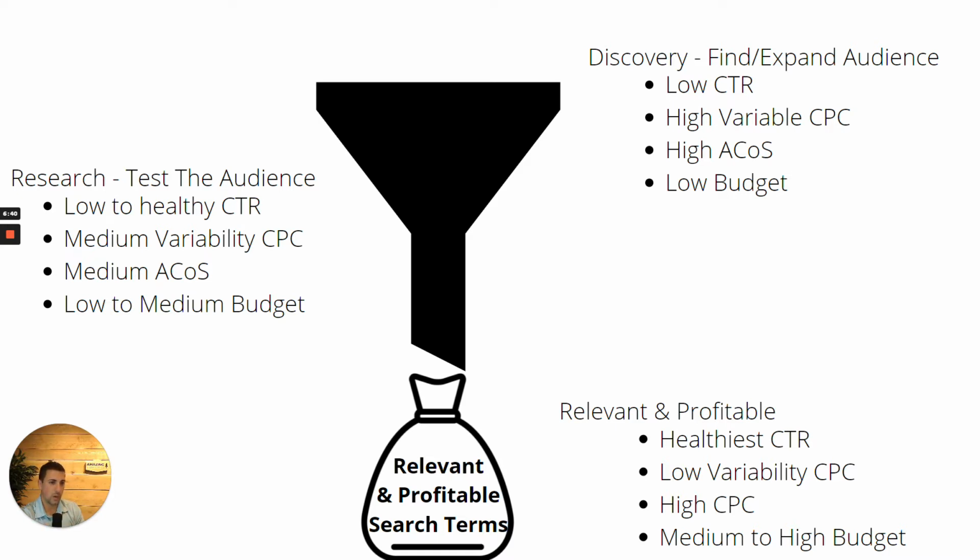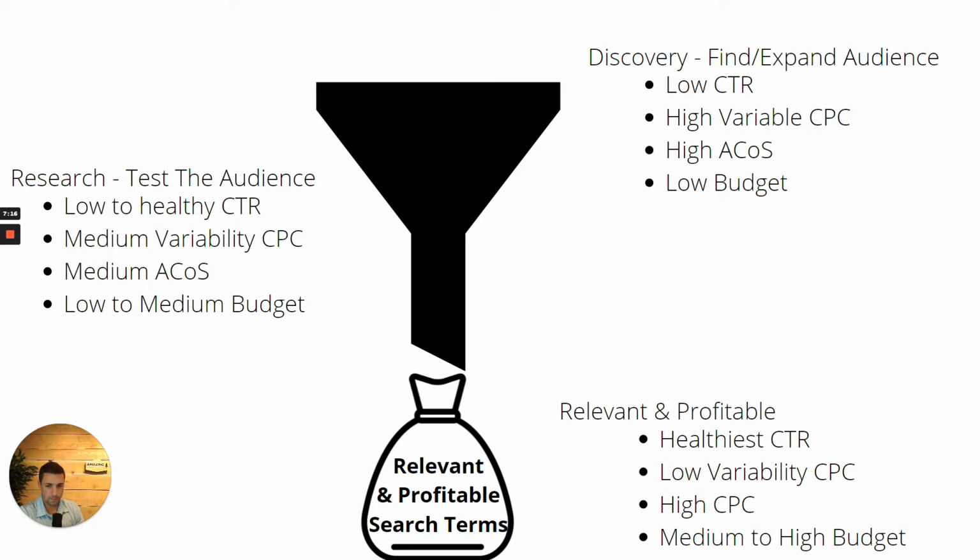In the research campaigns, we're testing the audience, right? So this is going to have a low to maybe a healthier click-through rate, medium variability in cost per click. So if the range of cost per click for some keywords and variations within discovery is here, research is going to be about here. You're going to have a variation depending on maybe the length of the long tail keyword, or the mixed variation of that in the broad campaign. Whatever it is, it's going to have a pretty variable cost per click for you, a medium ACoS, maybe medium to high depending on the category,